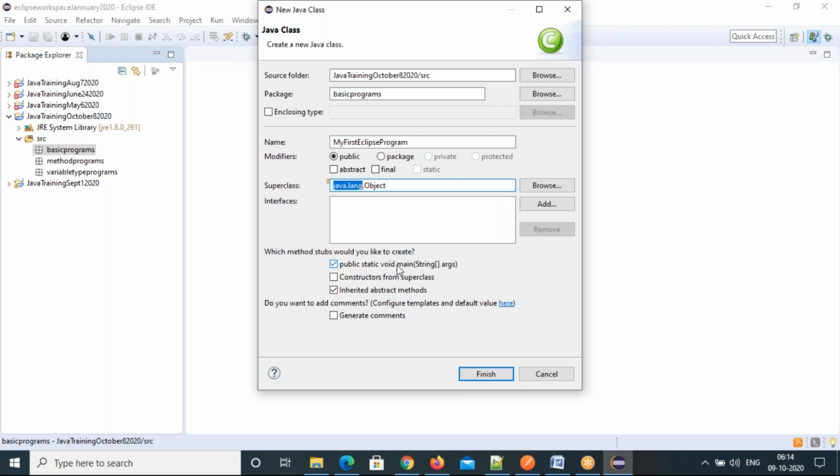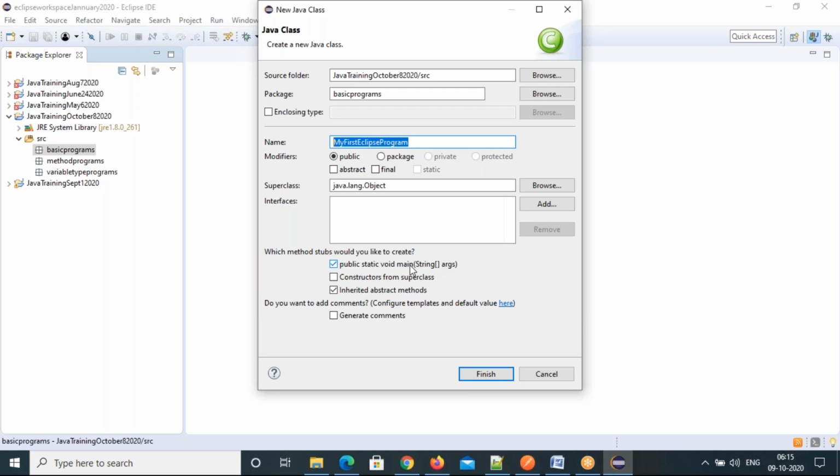So if you want to execute any of your code, you need this main method in your Java class. The hierarchy is now clearly defined: first project and source, then package, below the package a class, and below the class I am taking one simple main method.